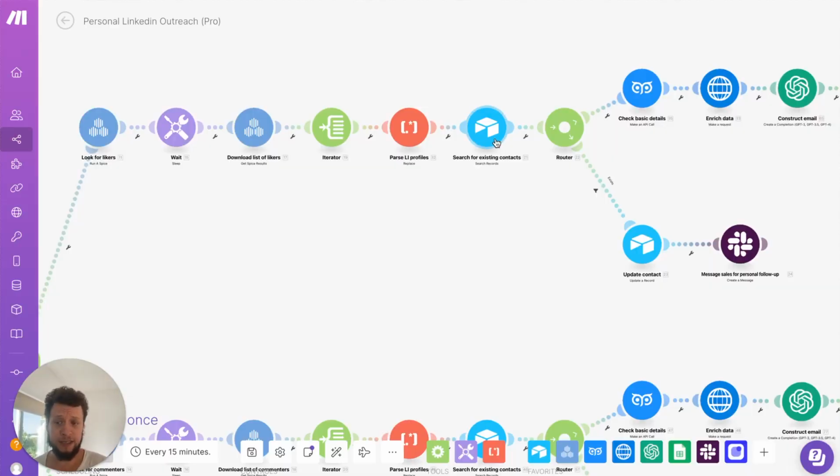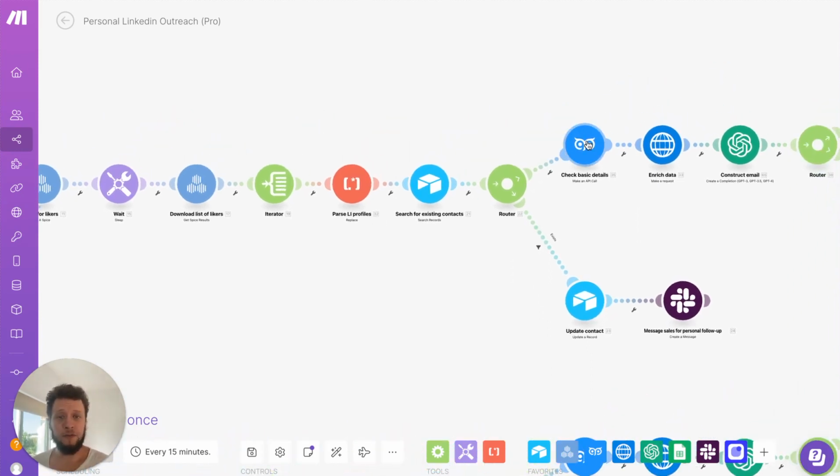So this will search for existing contacts you already have. If they do already exist, so they are somebody who you've done in a previous campaign and this is their follow-up, then instead of enrolling them on an automated message sequence, it will send a message in Slack to you. It will tell you, hey, this person has commented, this person has liked a LinkedIn post of yours, they've already been on a previous campaign. We recommend that you follow up with them personally to see what it is they want. In most cases though, they'll be completely new.